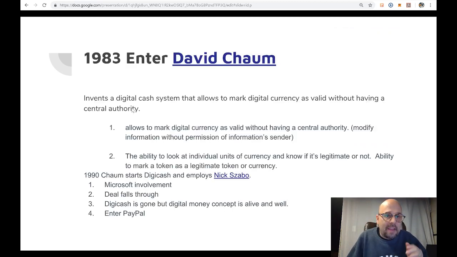And so what David did is he actually took that technology and pole vaulted it into a company in 1990 that actually employed another great cryptographer by the name of Nick Szabo. And we'll talk about Nick when we get into smart contracts. Some think that Nick might be Satoshi Nakamoto. But Nick Szabo is very important in this concept because later on we're going to talk about smart contracts, and Nick Szabo kind of gave birth to that. So what they did with DigiCash is they went in and they actually were in the